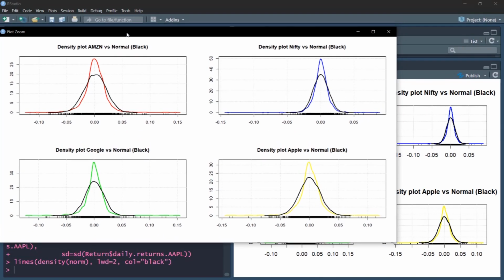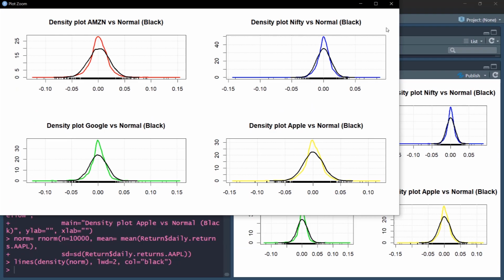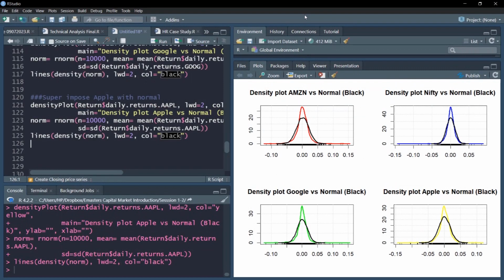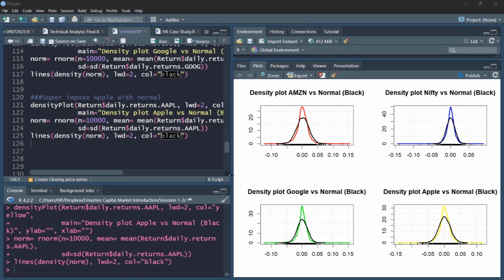Here we can see on all 4 plots Amazon, Google, normal, and so on. So it's a nice plot with all 4 density plots compared. As we can see, compared to normal, all of them have higher peakness. We can see the peaks are higher, and hopefully we understand from financial market properties that tails would be fatter. While here we cannot see the tail area, in the next video we'll try to focus on the tail of the distribution and see whether the tails are actually fatter or not, as prescribed in the financial markets behavior.